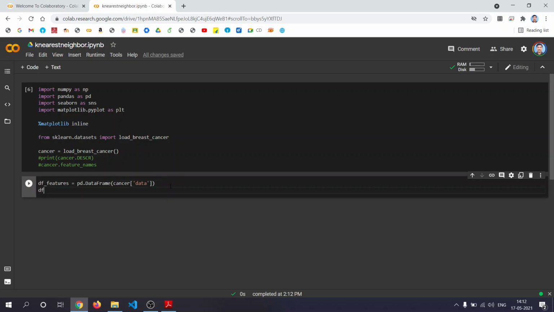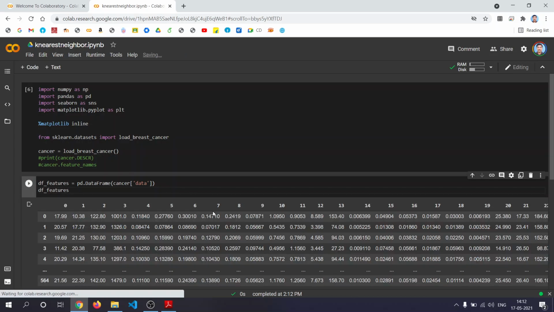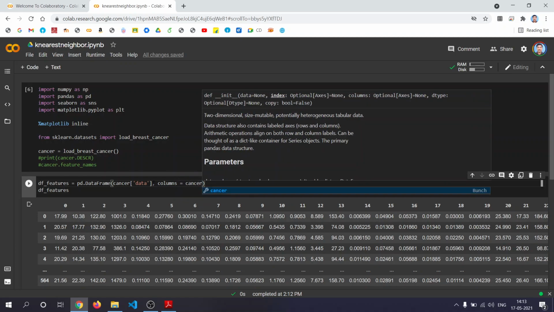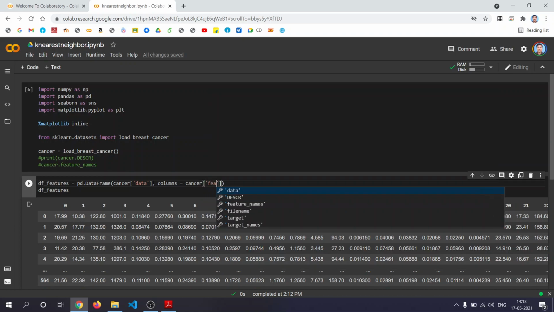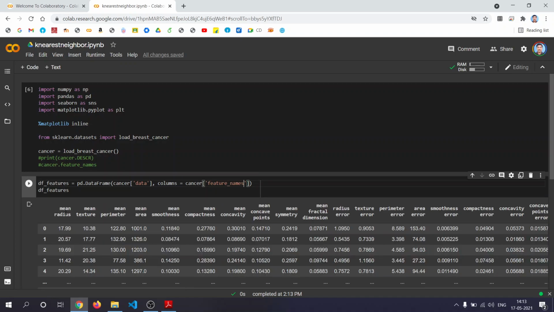So once you run this command, you can see that in df_features all columns will be numbered as 1 2 3 4. So you need to give names to these columns. Columns equal to cancer, what's the name given, feature names, isn't it? Feature names. Now df_features contains these names as column names. Instead of 1 2 3, you have these column names as well.